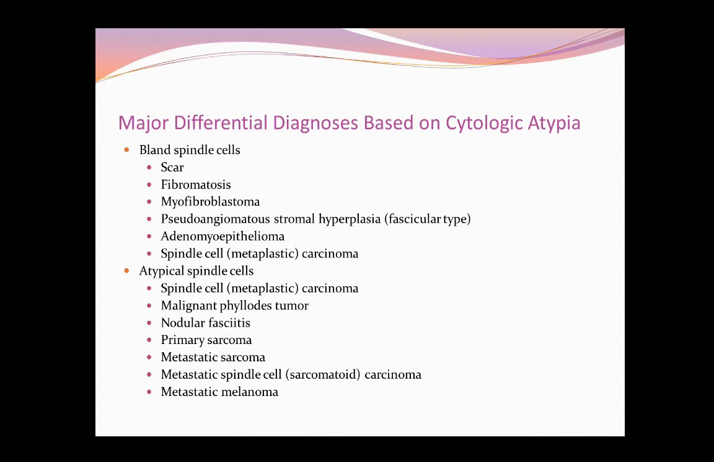The major differential diagnoses are divided based on the cytologic atypia, depending on whether the spindle cells are bland or atypical. These are some of these, but not all of them. So bland spindle cell lesions can be scar, fibromatosis, myofibroblastoma, a fascicular type of pseudoangiomatous stromal hyperplasia, which would be referred to as PASH, adenomyoepithelioma, and spindle cell metaplastic carcinoma, which is a big category. The atypical spindle cell lesions can be metaplastic carcinomas, which are high grade, malignant phyllodes, nodular fasciitis, primary sarcomas of the breast, metastatic sarcomas, metastatic spindle cell carcinomas, and